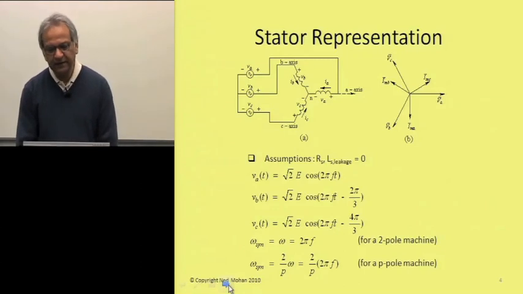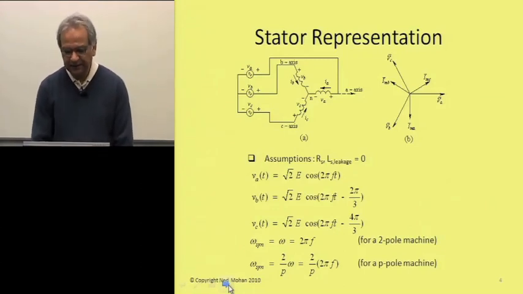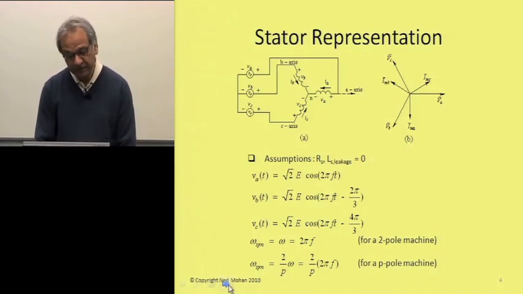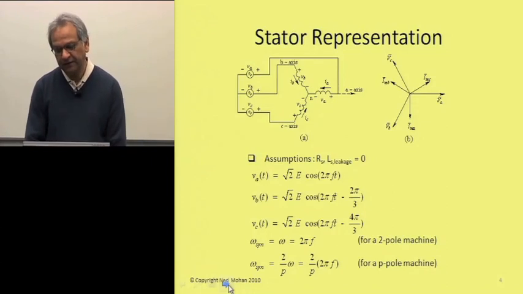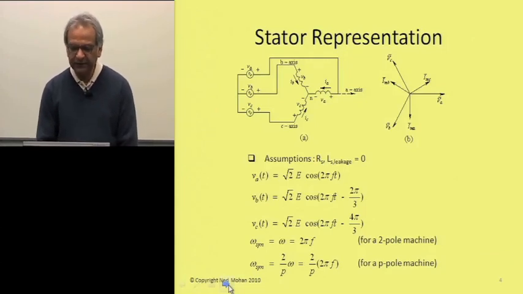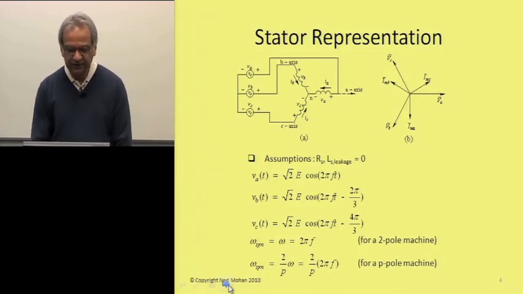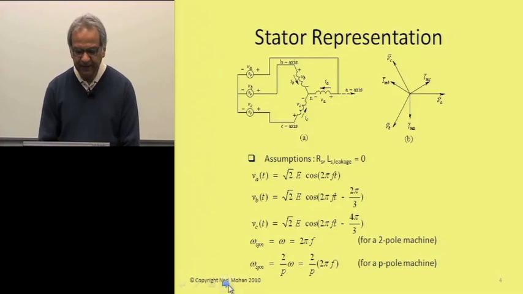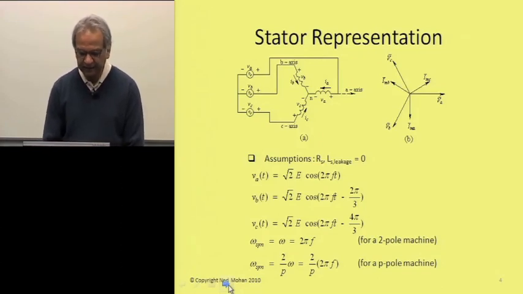Now the stator. First, let's assume that the rotor is present, but electrically it's open circuited somehow, as if those bars that you saw in the squirrel cage in the previous slide were somehow cut, so the current cannot flow. And let's make an assumption initially, which we will include later on, but let's assume that the stator resistance and the leakage inductance is 0. It's kind of an idealizing assumption to a certain extent. And we are applying these three voltages across these three windings, balanced sinusoidal voltages. And these would result in magnetizing currents,